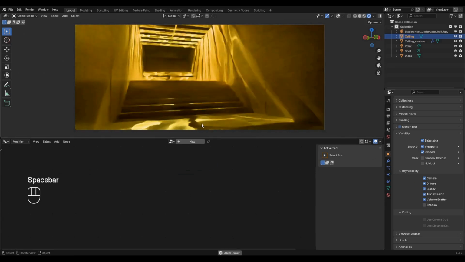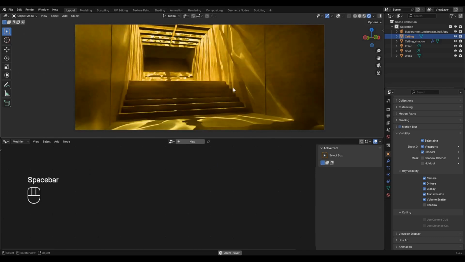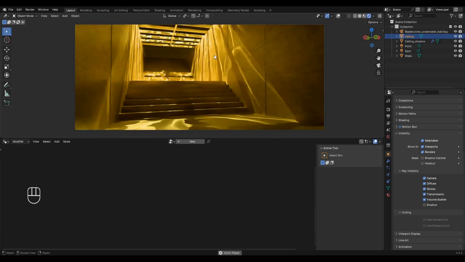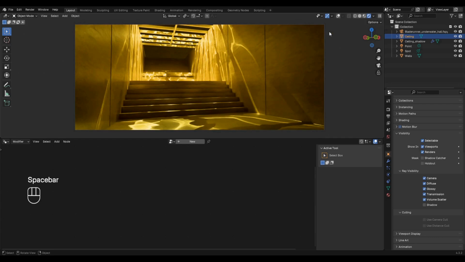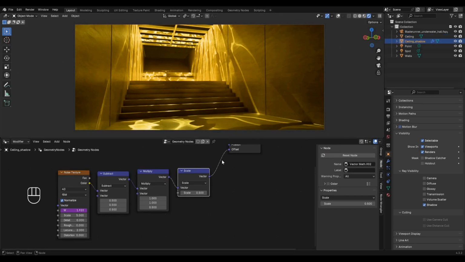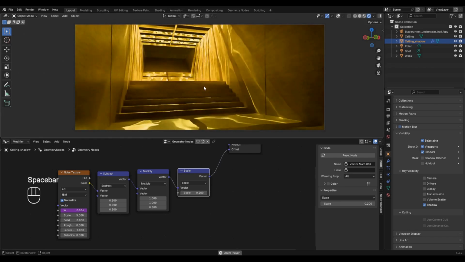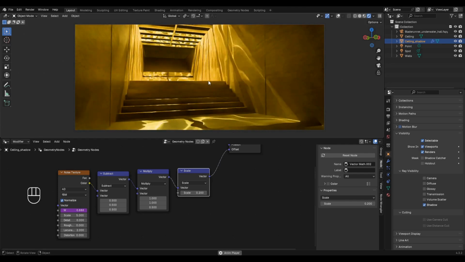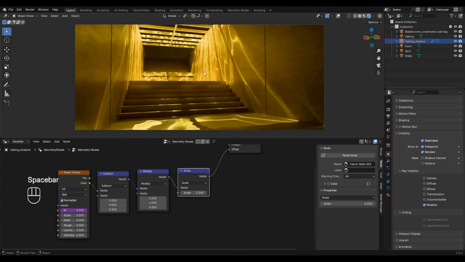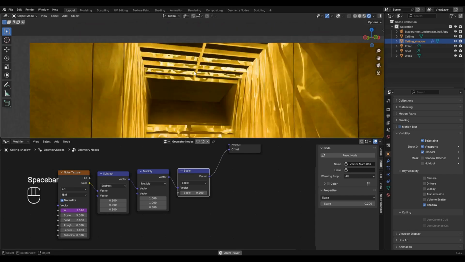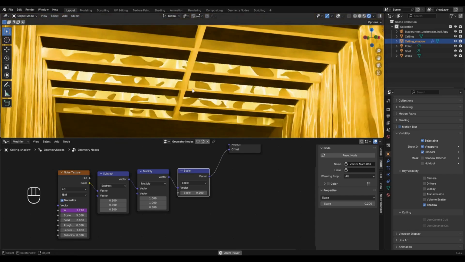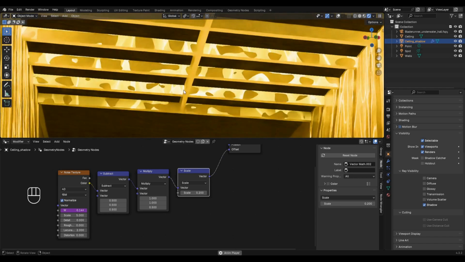Now it looks right but too curvy. Select Ceiling Shadow Object. Set Scale to .2 in Geometry Node Editor. Now it's neater, but it still has an artifact from the shadow. Let's fix it.